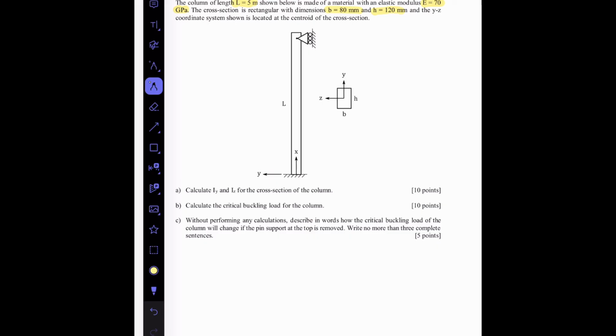All right, so let's go ahead and start by calculating IY and IZ, which are going to be the moments of inertia for the cross section. Quick reminder that the formula for the moment of inertia of a rectangle is going to be 1 over 12 base times height cubed, just like in general. So we can calculate IY as being 1 over 12 BH cubed, which is going to be equal to,